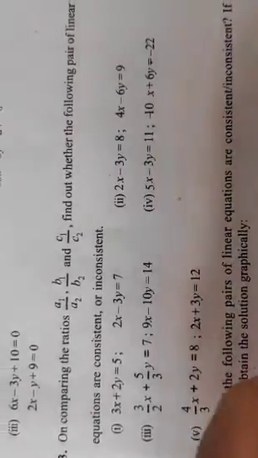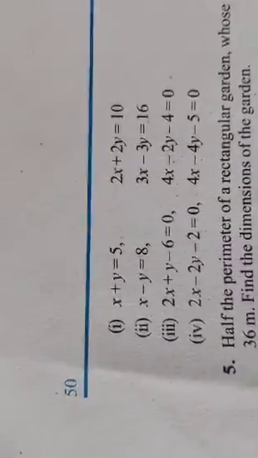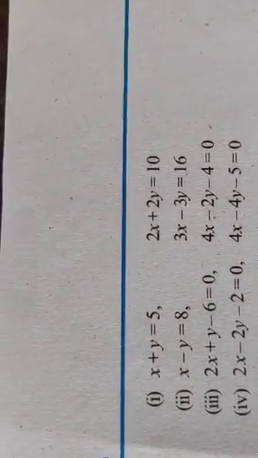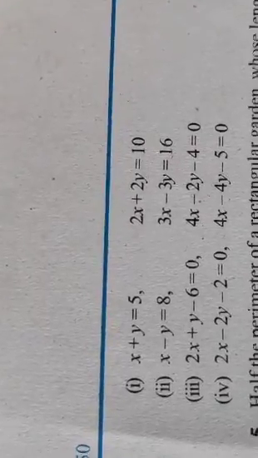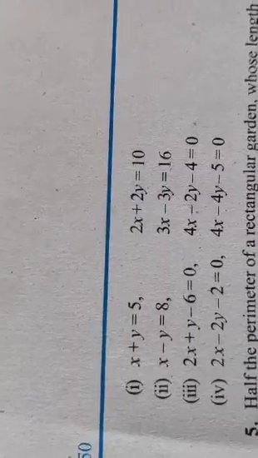Is that point clear? So here you have to just decide whether it is consistent or inconsistent, what we have done for the third question. Same way the fourth one is to be worked out. The pair of equations are given to you. Try it out on your own. What are you supposed to do? For each question you have to find out a1 upon a2, b1 upon b2, c1 upon c2 and check what is the relation between them. Accordingly, you can decide whether it is consistent or inconsistent. Clear so far? Okay.